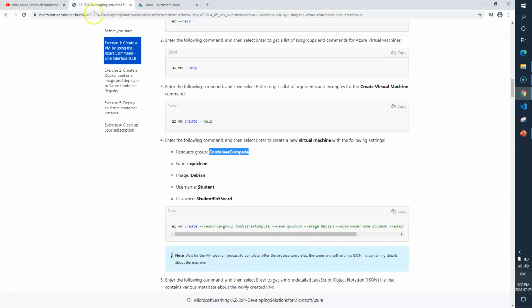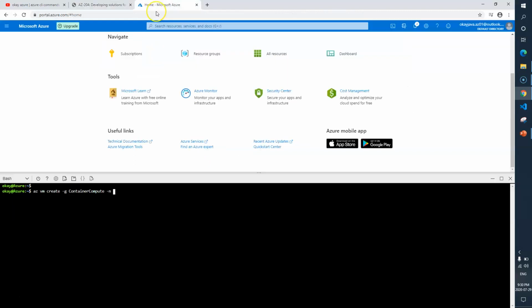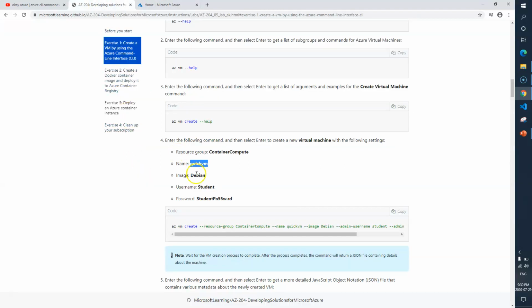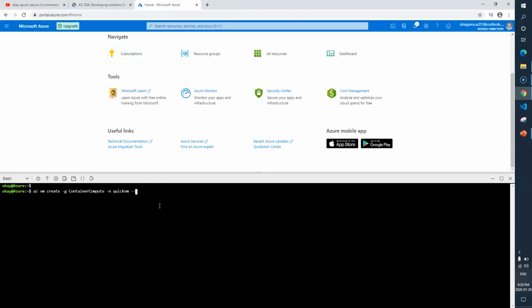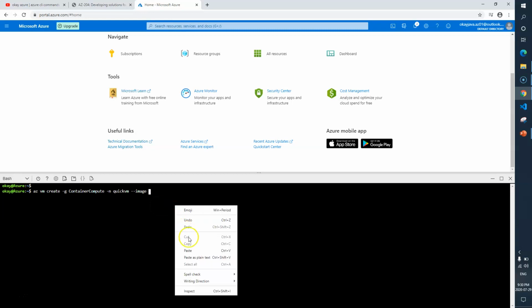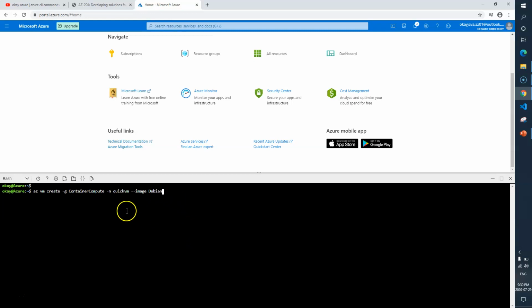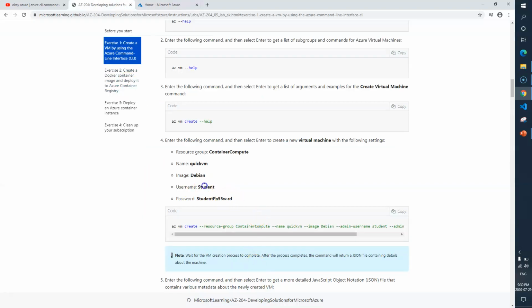Here you can enter your virtual machine name, that is QuickVM. Next is image. The command to mention image is --image, so this is your virtual machine image. Basically once your machine is ready, it will have Debian OS.